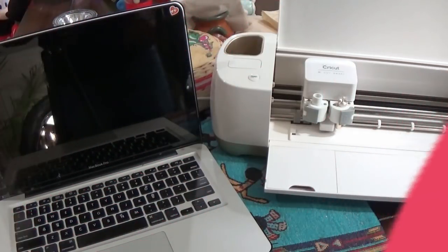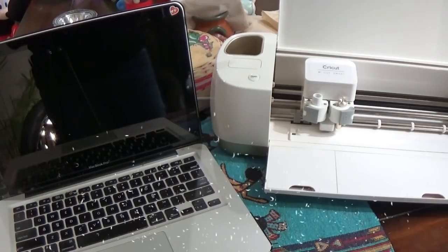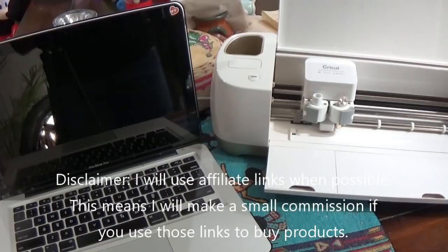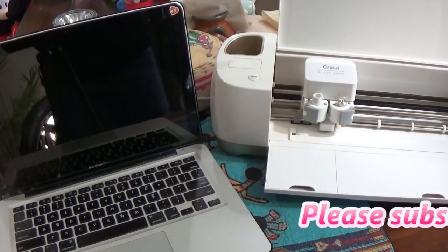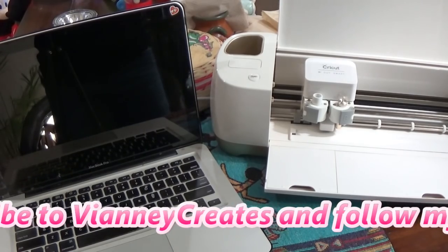Okay guys, so this is probably going to be a very quick video. You know, when you picked up the envelope liners for Diamond Press, they were designed for a Euro flap or a contour flap envelope. So it's an A2 envelope size, but it has a very deep flap, right? And it's just something that's becoming more trendy. You guys may not even have any in your stash. I certainly didn't have any, so